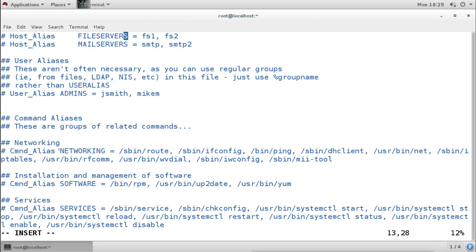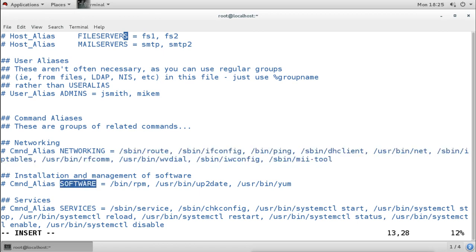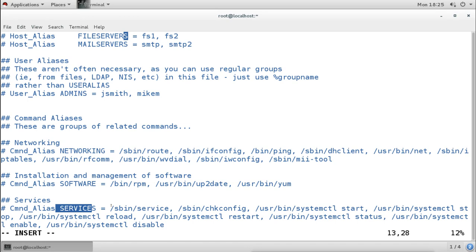This networking is equal to all these commands. So this is the alias which is created here. Now this alias is for the software. So when you mention software, the user can run all these commands, and when we mention services, the user can run all these commands.